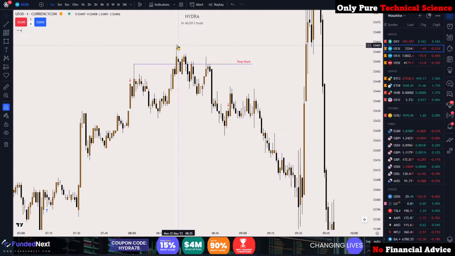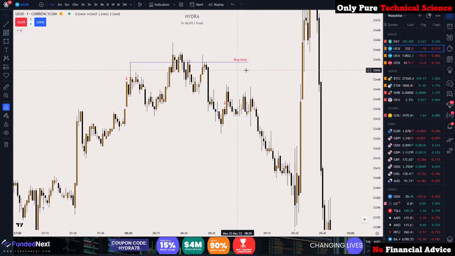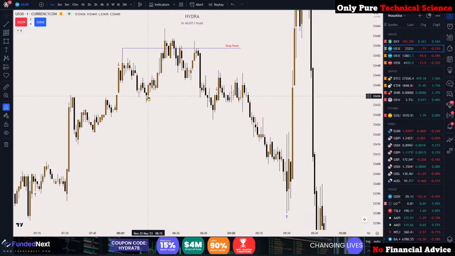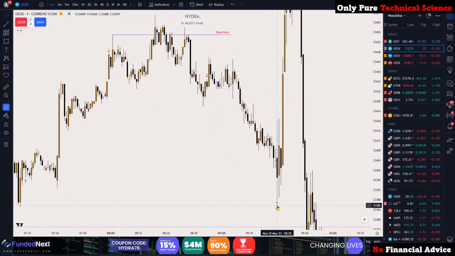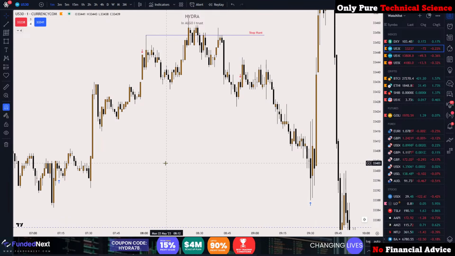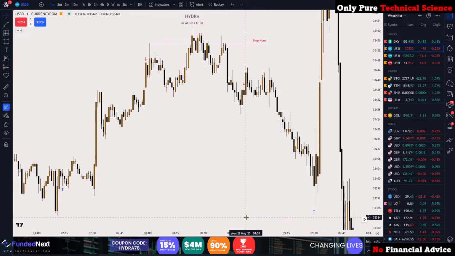Stop hunt, new higher high. You can also call it a turtle soup. So turtle soup here, breaker block here, price closed the candle's body below the breaker block, price retraced back to the breaker block. Where is my stop loss? Above the breaker block here. This retracement here was aggressive, done here below this low. All of the trade that you see here was inside of the macros that I use,